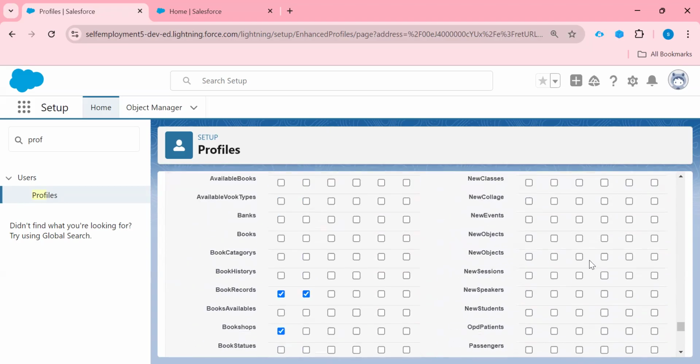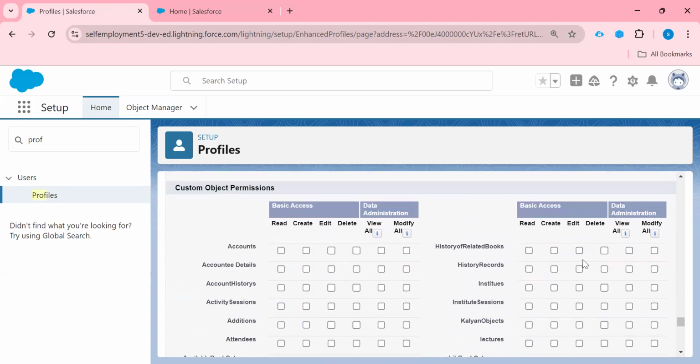Okay, let me show you one more thing. Suppose I am giving only edit permission, so read permission is there by default, right? So if the user can read the record, only then will he be able to edit the record, right? Suppose I am just giving create, then also read is there by default, right?